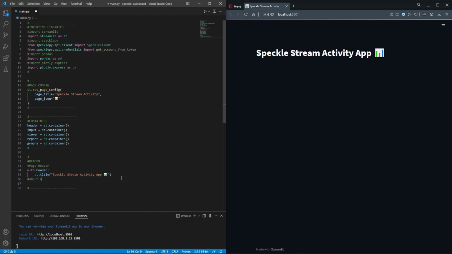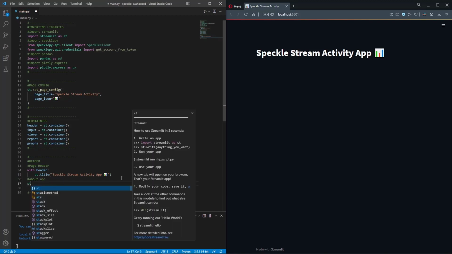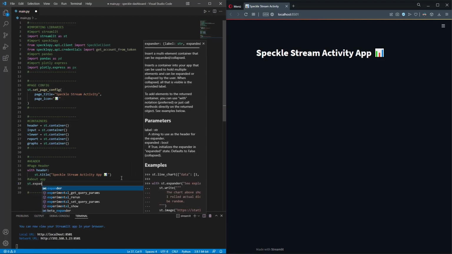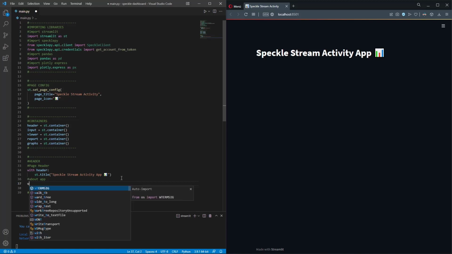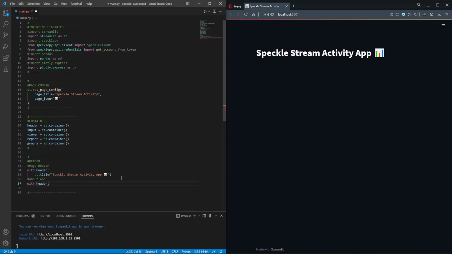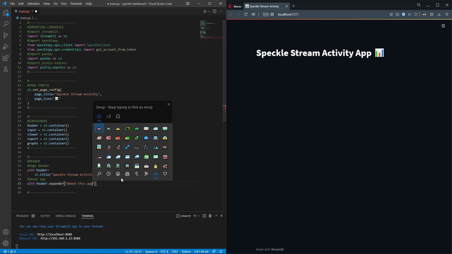All right, so let's add our description of our application as well. I'm going to say about app. I'm going to type in st.expander. This expander will actually store our description. We can edit this way with st.expander, but I want it to be associated with the header container. So I'm going to say with header.expander, and in the expander, this is going to be about this app, and let's